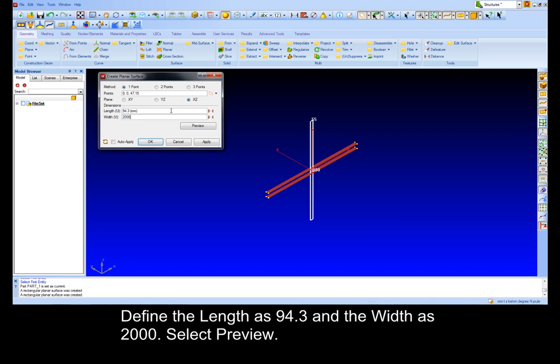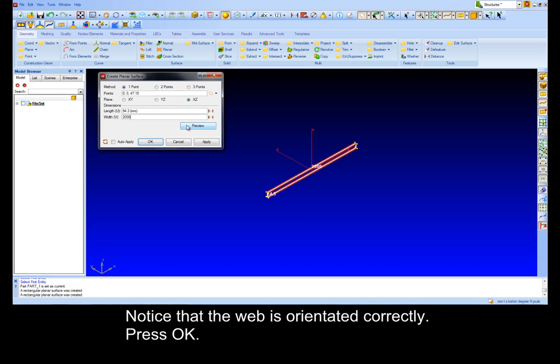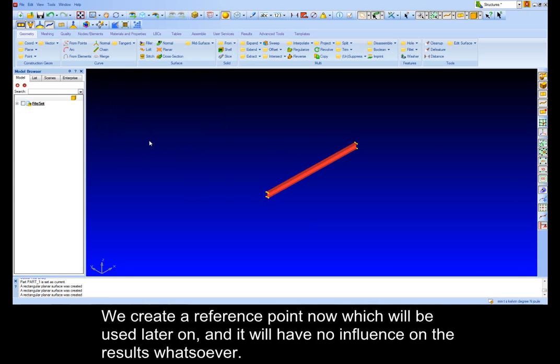Define the length as 94.3 and the width as 2000. Select preview. Notice that the web is orientated correctly. Press OK. We create a reference point now which will be used later on and will have no influence on